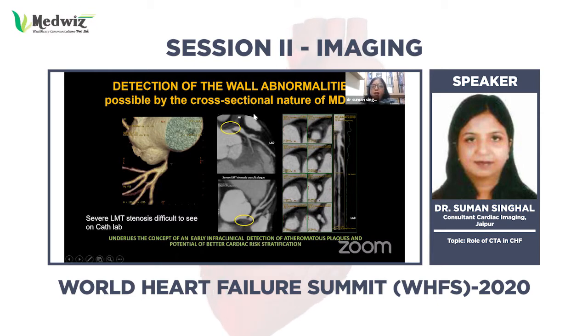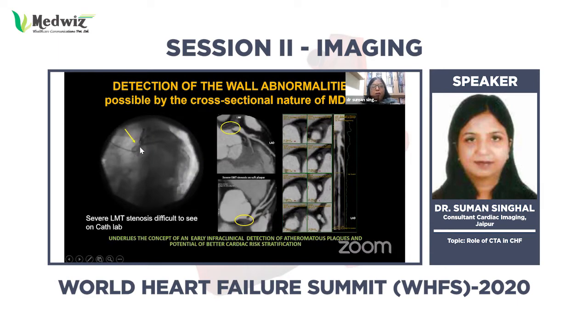So here we can see in these MPRs, there is this eccentric soft plaque, which is causing significant stenosis, seen here on the volume rendered image as well at the left main origin. These are the IVUS views which are showing the plaque and the stenosis very well. And this is certain times difficult even on a catheter angio. If a person is new, he might just miss it. So CT is very helpful in looking beyond the coronary arteries.